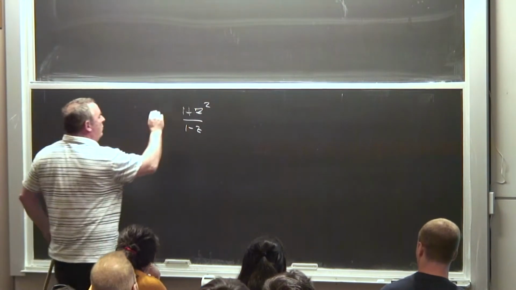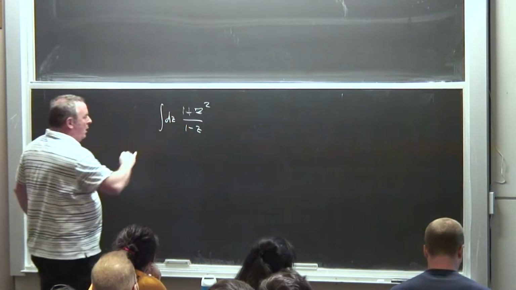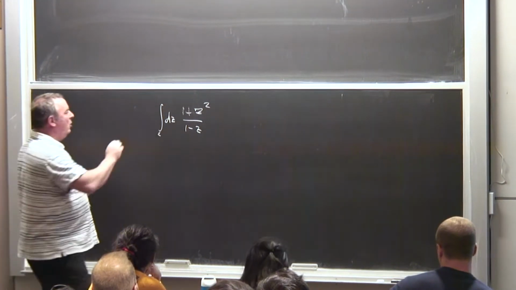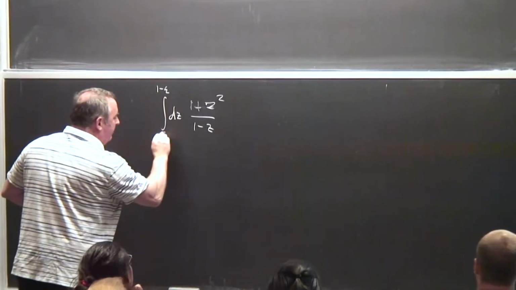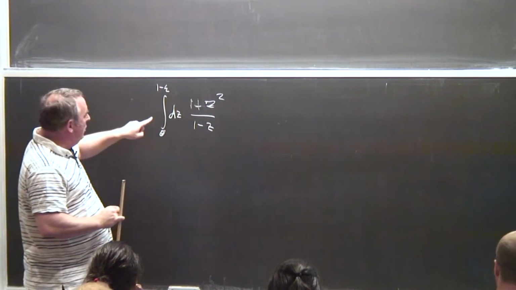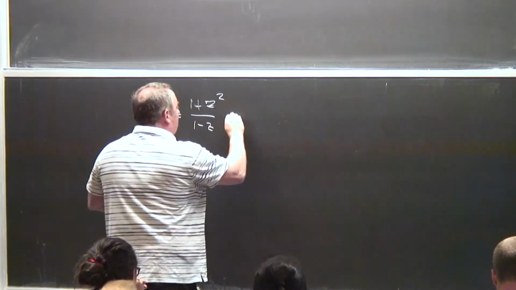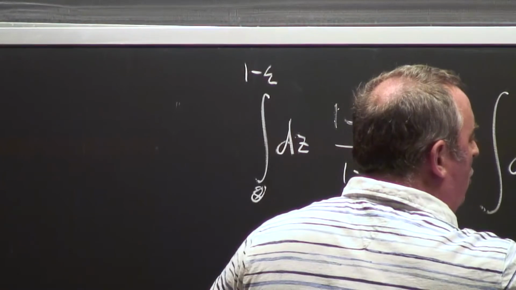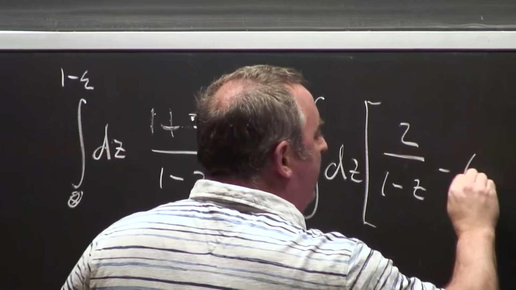What I want to do is integrate this thing with, let me just call it an epsilon and a 1 minus epsilon here. And this epsilon I can put to 0 ultimately, because it will not give me a log. So if I want to integrate this, I can write the same thing as dz, 2 over 1 minus z, minus